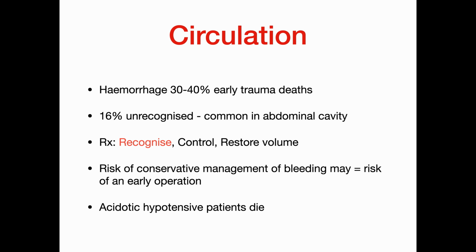Hemorrhage is about 30 to 40% of early trauma deaths, and it's the same in the elderly folk. The elderly folks have a reputation for being as tough as boots, and will embarrass you every time and hide their bleeding in really surprising ways. So think retroperitoneum, think pelvis, think abdominal cavity, think acetabular fractures, think pubic rami fractures, think unstable pelvic fractures. And the best thing that you can do is to recognize it early.